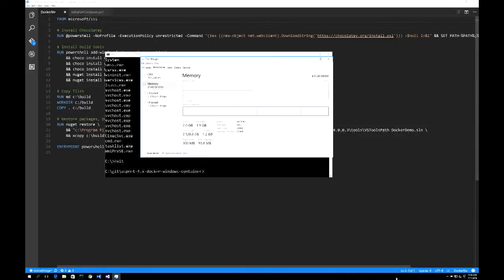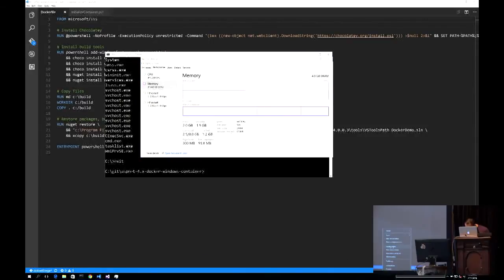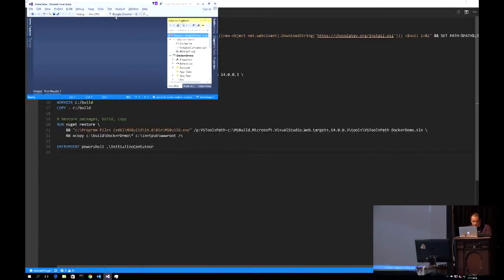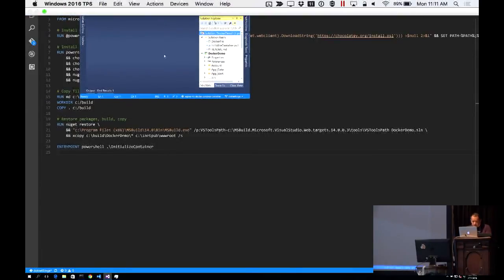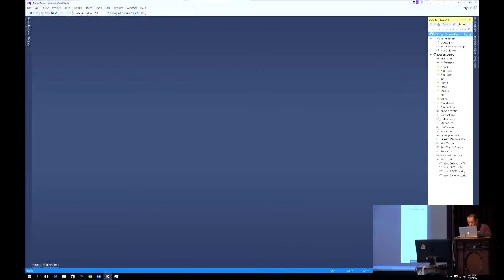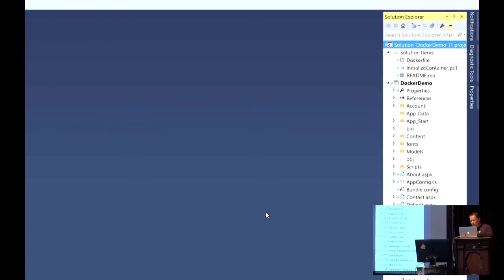Ooh. I really want to change the resolution, but I don't think I can. All right, so we have a really tiny Visual Studio. It's super tiny. So what we have is